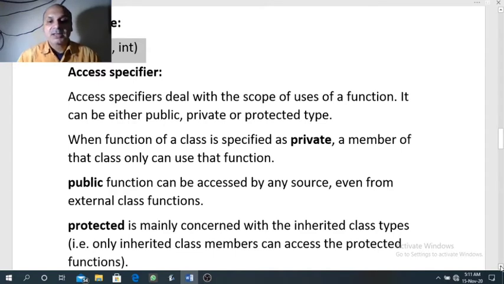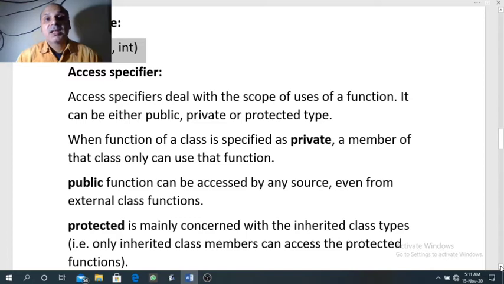A public function can be accessed by any source, even from external class functions. It means if a class has more than one function, then the public function can be used inside the class in other functions, as well as outside the class in other functions.